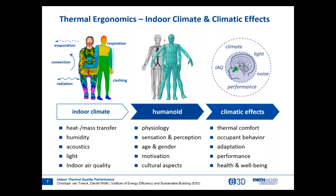But from this point, it is still not clear how the thermal state is evaluated by the human individually. Here, the empirical thermal sensation and thermal comfort modeling comes into play. Such models may further account for physiological adaptation, psychological adaptation, or behavioral adaptation. So in my opinion, this might perhaps be the most essential slide of the whole presentation here, because it really